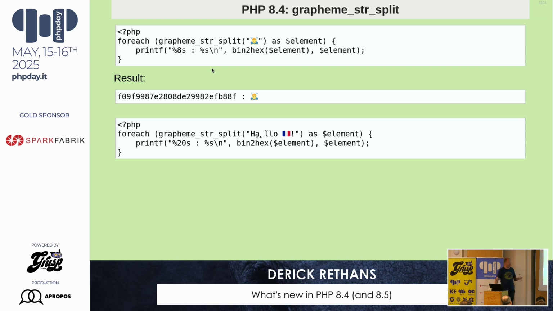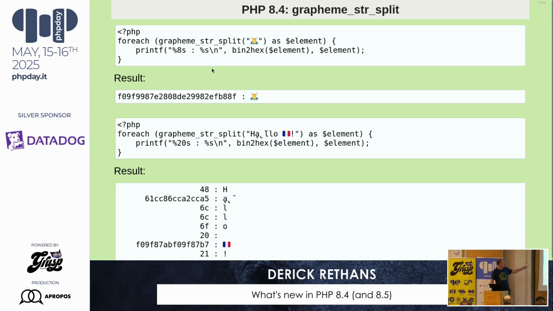PHP 8.5, oh yeah, it also works for other weird characters. My browser actually doesn't render this hello correctly because this accent and this accent are actually on the A. So I guess that's a bug in Firefox or the library that it uses. If you run this, you get the right things out of it. It knows that the A is a character, and also the A with all the accents on top is considered a single character. And then the French flag is a single character. I'm not sure why I picked the French flag and not the Italian one, but